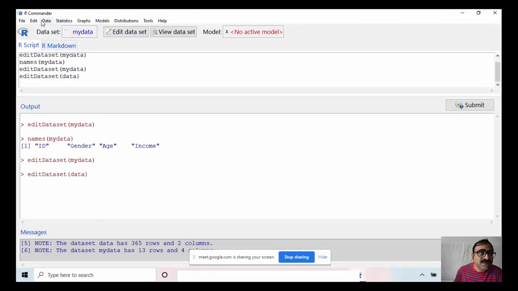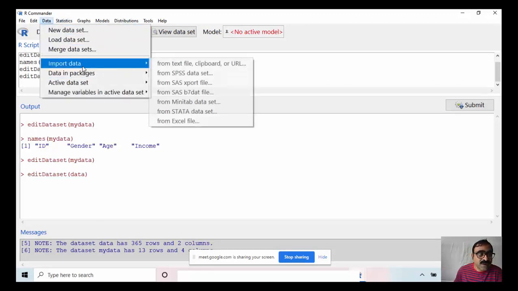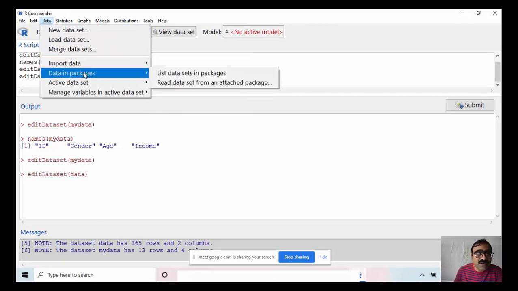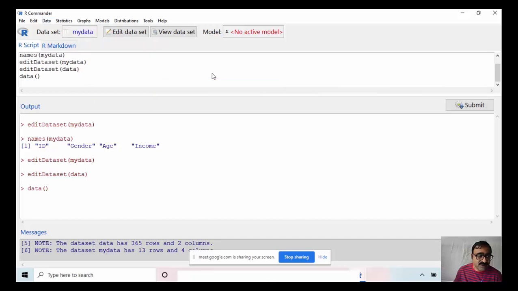Here also R itself has so many data sets in its packages. Here you can have an option data in packages, list data sets in the packages. Here if you just click, it will give a list of all the data sets that are in a package.